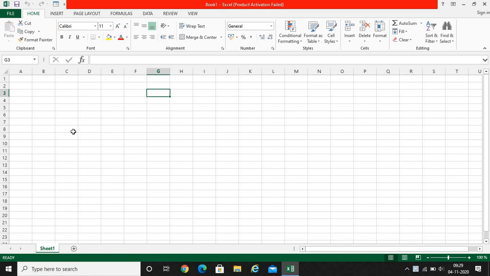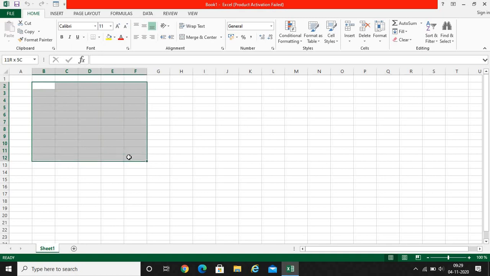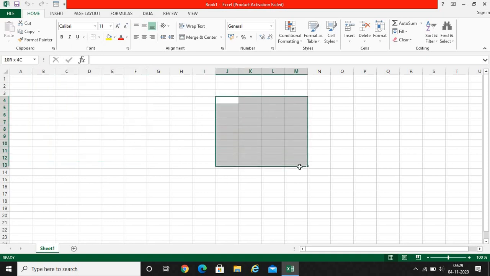Okay, so in this video you can see I have opened a blank Excel sheet where by default one sheet is there, and multiple columns and multiple rows are there. If you want to select any cell, you click on that cell and drag it in this way. It will be selected up to the position to which you drag. Like this you can see I am dragging over here, so I'm getting the selection.